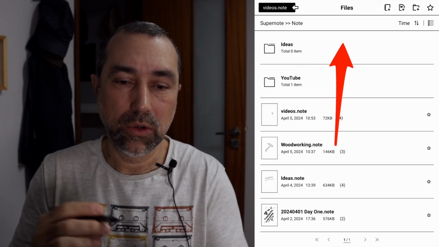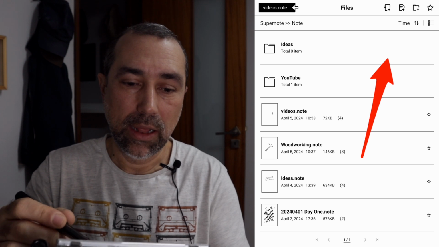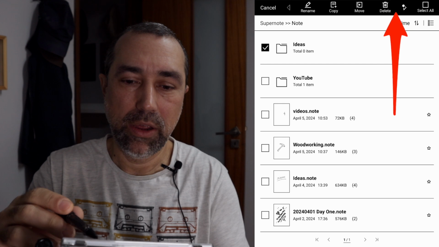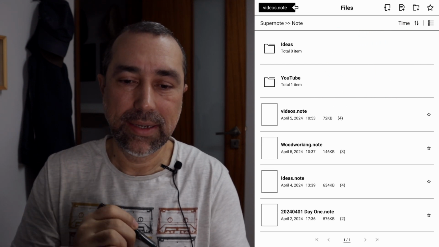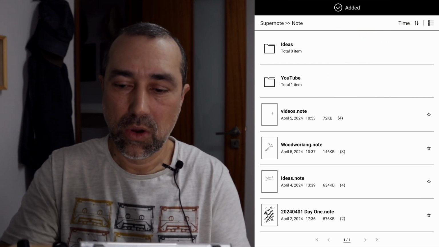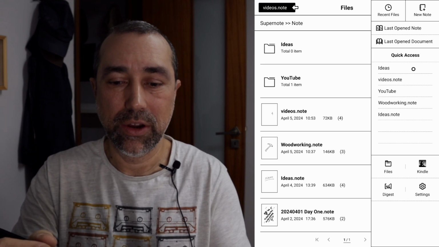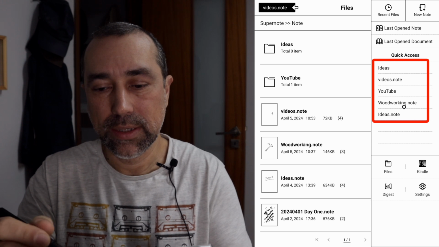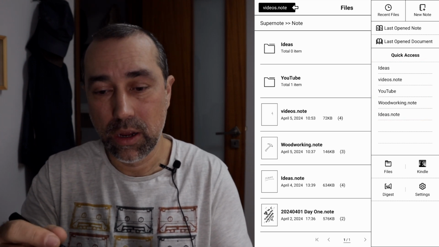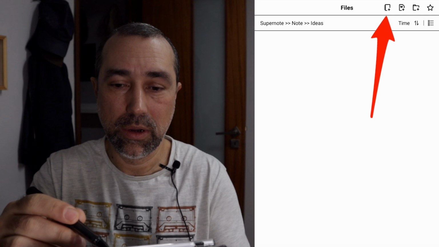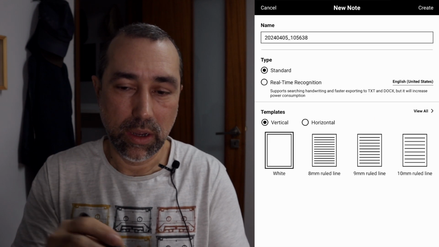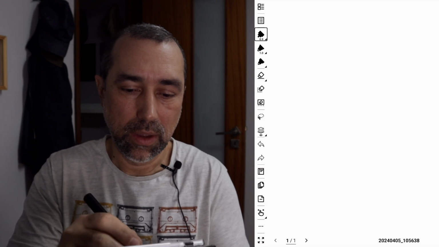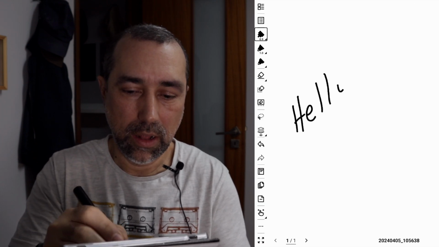And if I go back to notes and I long press that notebook and tap here, I can add that to the quick menu. Now I have it here. You can see the difference. One has the dot note ending and the other one doesn't have. The ones that don't have are folders. So I can come here and create a new note. Hello